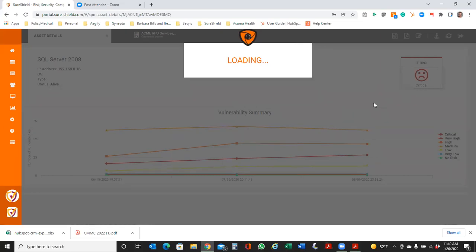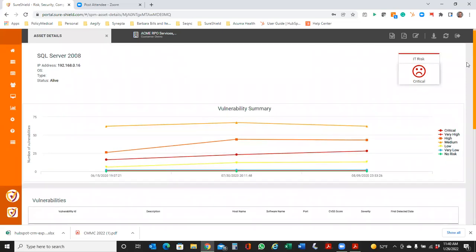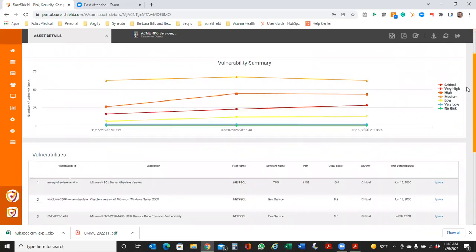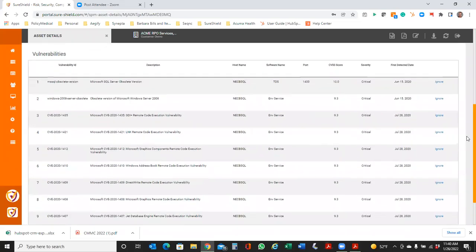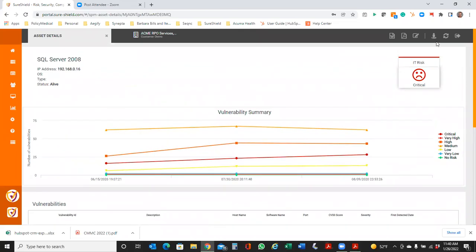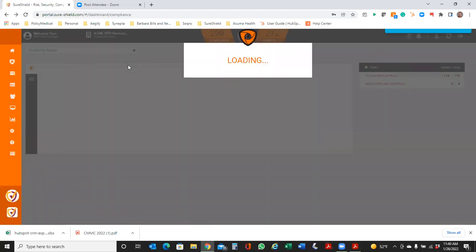And most importantly, it will actually go in and also tell you what needs to be done to remediate and cure that vulnerability. So you can see here, it's showing me different times and natures that this has been run. What are the vulnerabilities that are on here? And then if I were to go into this further, it will tell me specifically what the process is to remediate this. And of course, that's extremely important because that then helps you fix the problems you have.